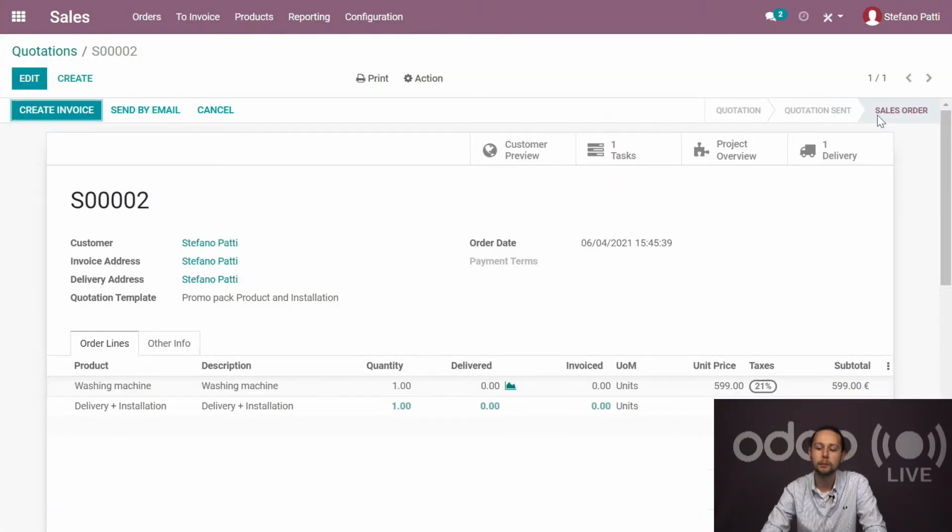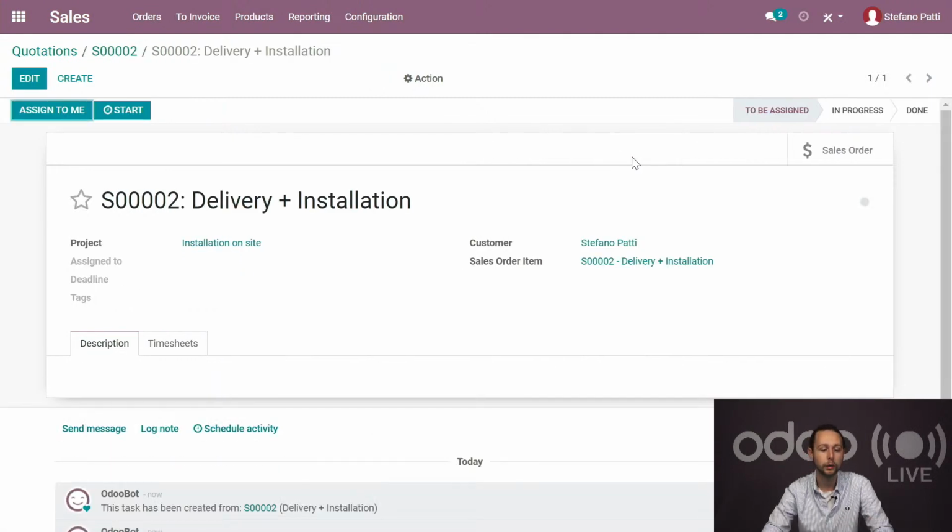Right now that, for example, my order is confirmed, another thing I would like to show is that, well, when I'm selling a service, I already think about the next step. The next step would be handling this delivery and installation. In order to do so, I already created an automation so that selling a service automatically generates a new task for me. So it's where I actually find my sales order number 2 with a task that has to be assigned,